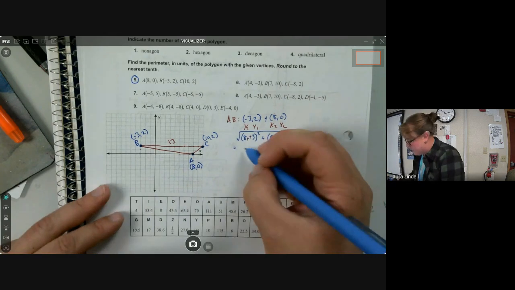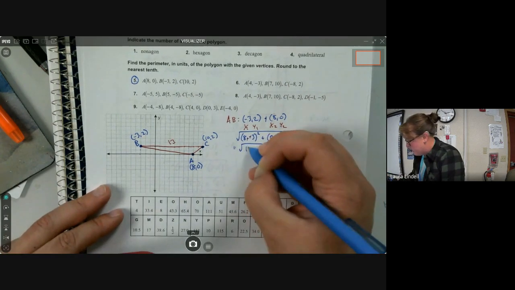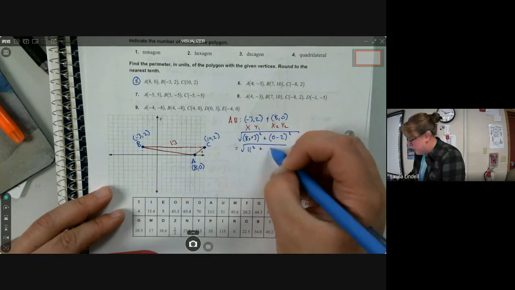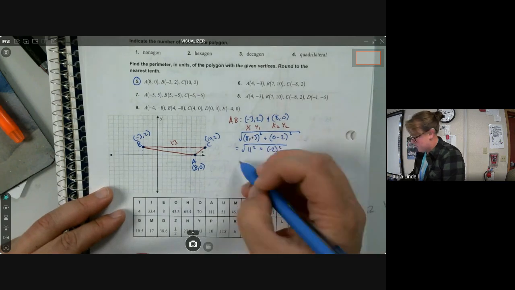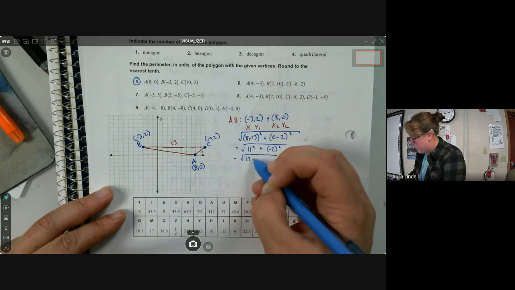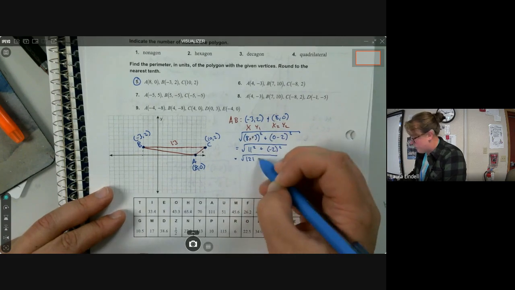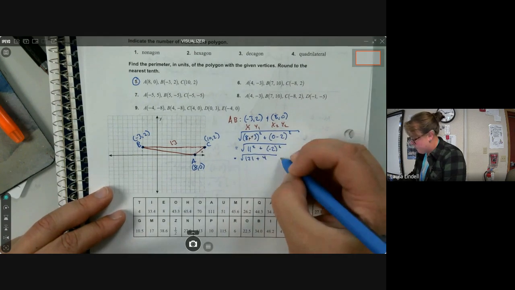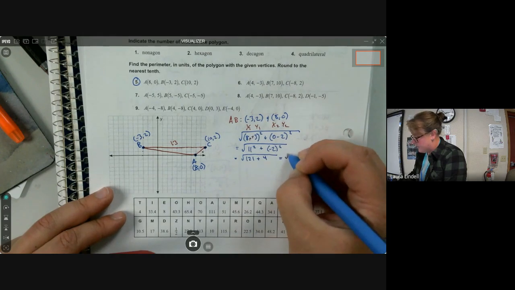So 8 plus 3 is 11. 0 minus 2 is -2. 11 squared is 121. -2 squared is +4. Adding those together, we get